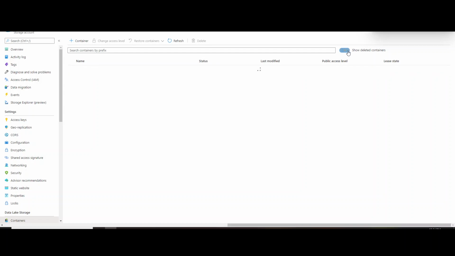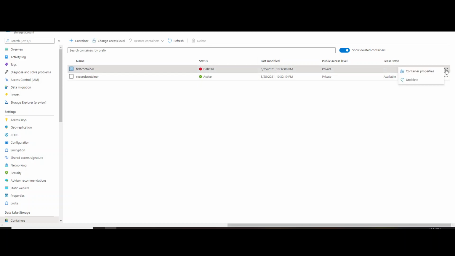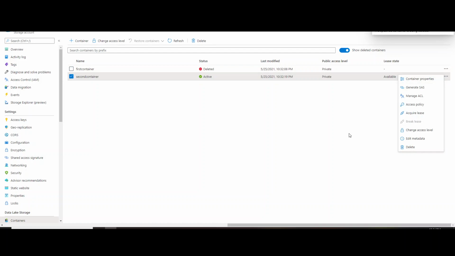The moment I delete it and enable the show deleted containers option, it's processing, so it should show the container which got deleted. Okay, now you can see that the first container status is deleted. I can go ahead and undelete it as well.